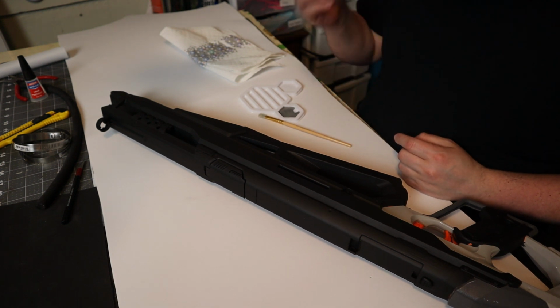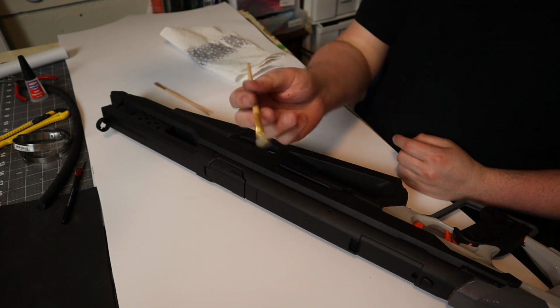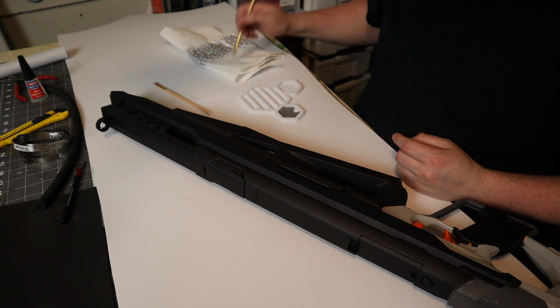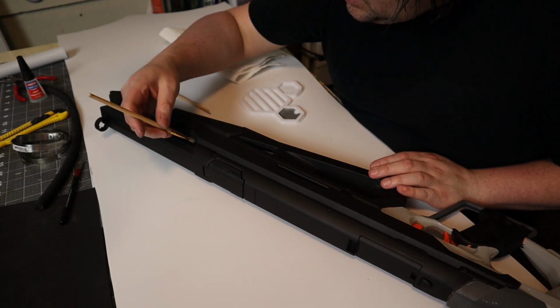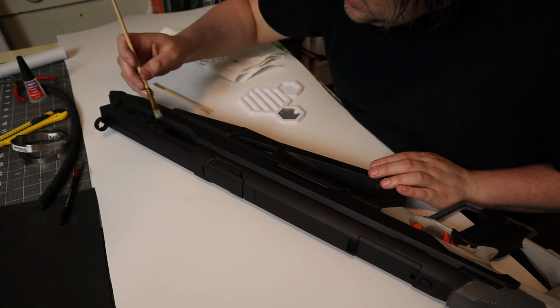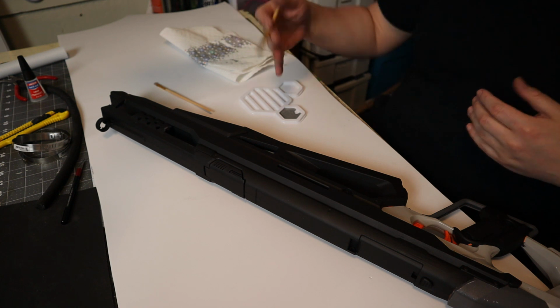So dry brushing is where you take one of the brushes, let's take the bigger one, dip it in the silver, wipe it off on a paper towel until it's basically gone, and then go over some of the edges. So like up here, it's going to be impossible to see, but here I'm going to go over the edge a little bit on some of these pieces, and it'll make it look like weathering down to silver